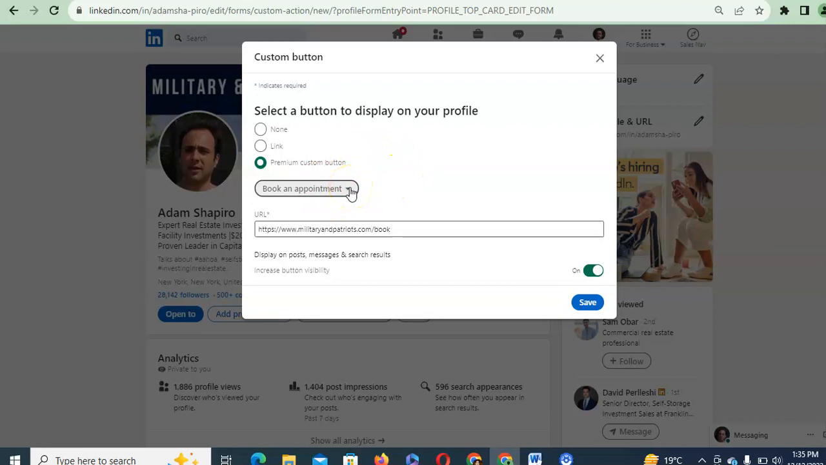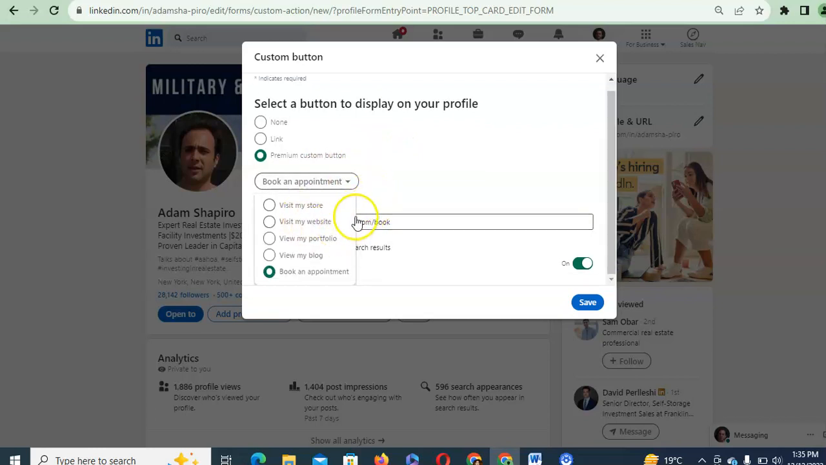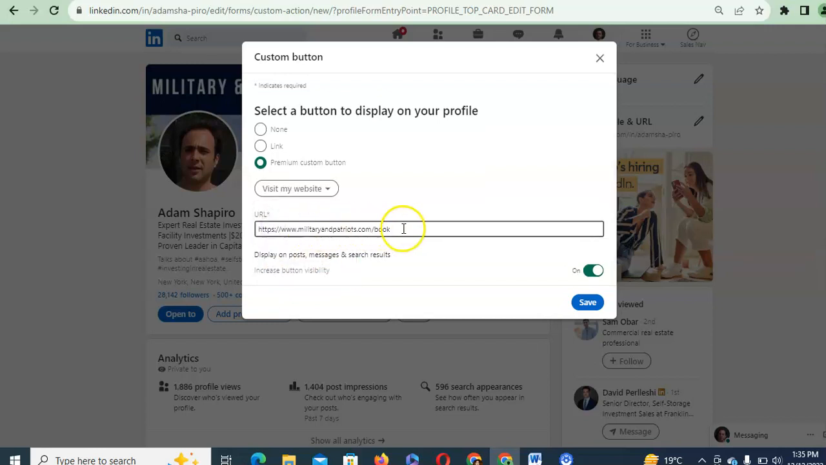And now this is Book an Appointment. From here you can select according to your requirement. For example, if you want people to visit your store, you can select Visit My Store, Visit My Website, View My Portfolio, View My Blogs, and Book an Appointment. This time I am clicking Visit My Website, and here I am pasting the URL of the website. After this I just need to click on Save,